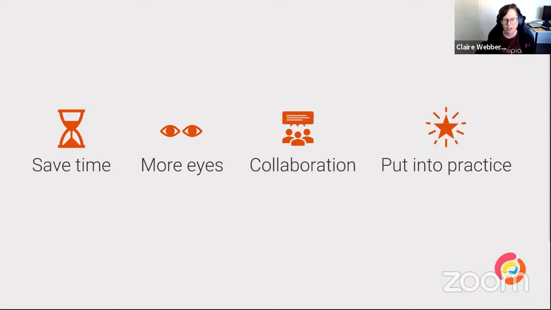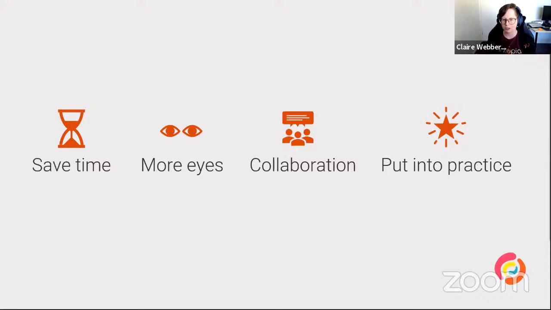So firstly, it'll save time, as Sarah mentioned, in the project in general. When we're bringing that documentation up front, it really helps speed up things later in the project. It also brings more conversations up front in the design. Before we invest heavily in the design and commit to something, we can consider how it's going to impact accessibility and make changes before it becomes too difficult to do that.